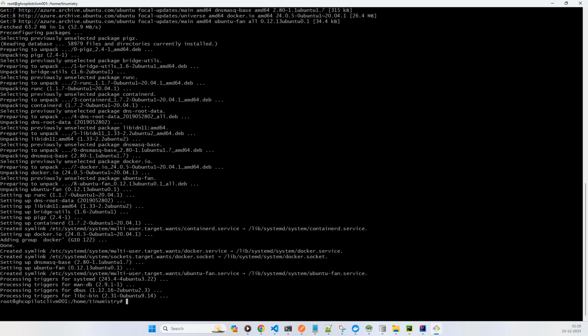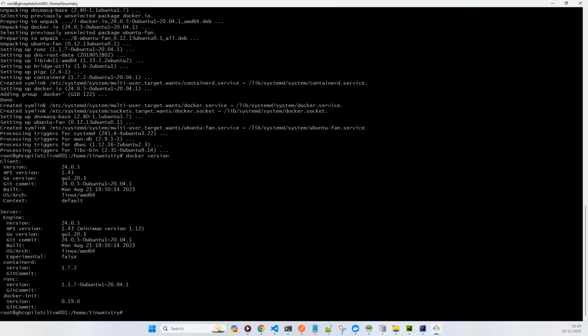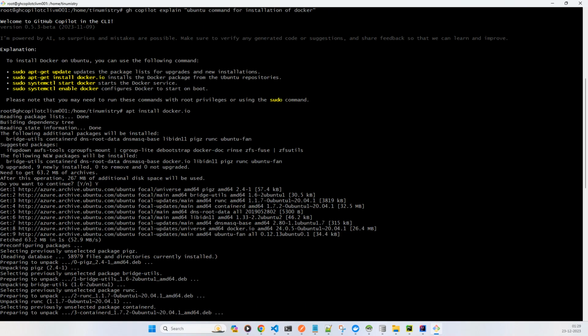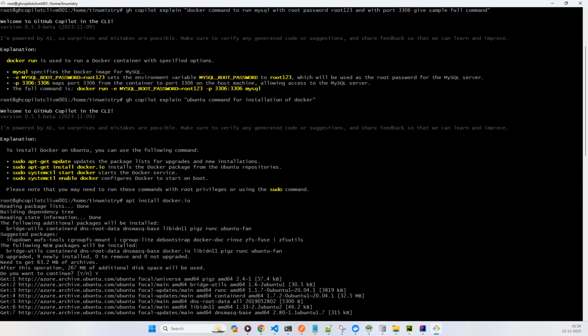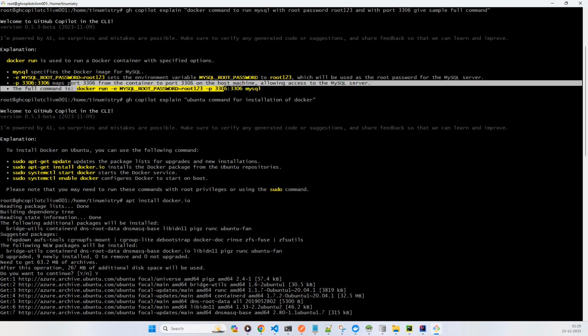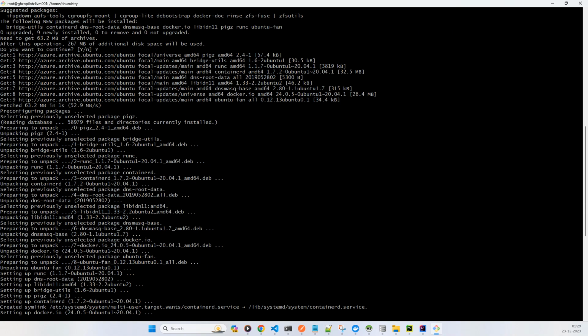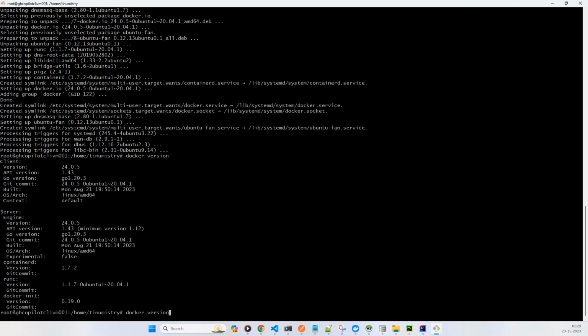All right, so let's see the Docker version. The server is running, and the client is also running. So both are running. Now let's go to the previous one, and we can also ask the same. Let's try in fact whether we can get